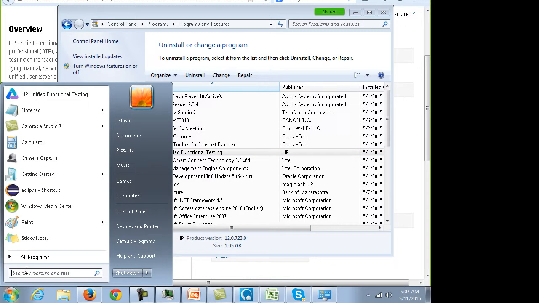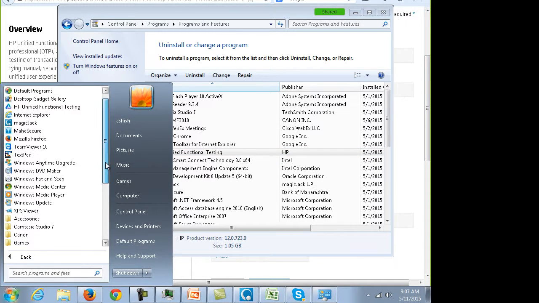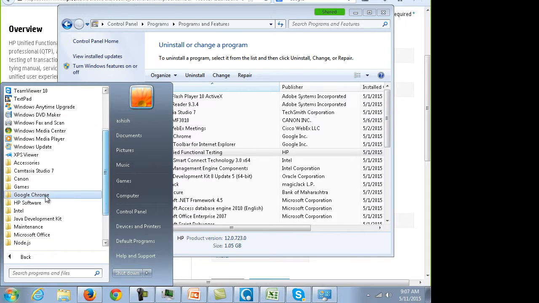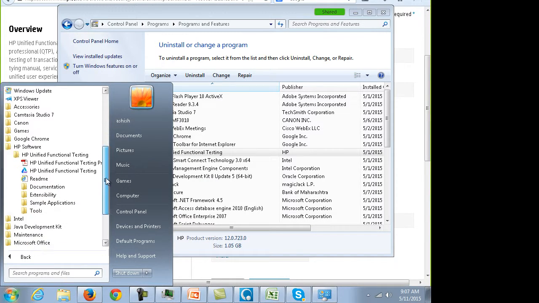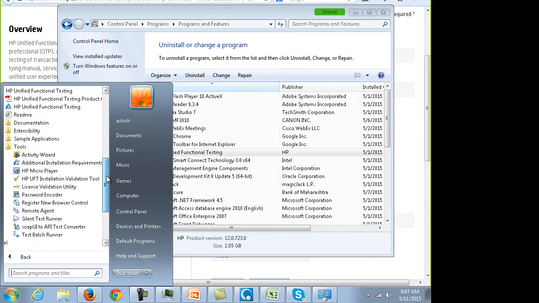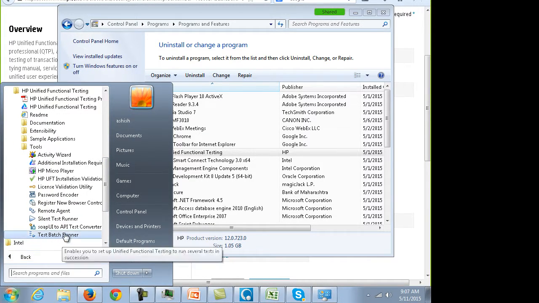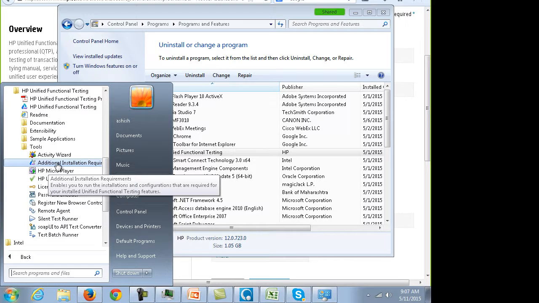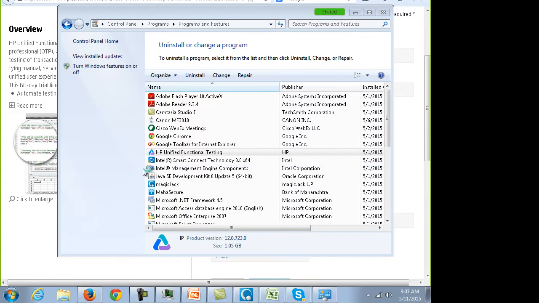After it's installed, you go to All Programs and then to HP Software, and you will find UFT here. If you go to Tools, there will be various tools available. You will see an option, Additional Installation Requirements. When you click on this,